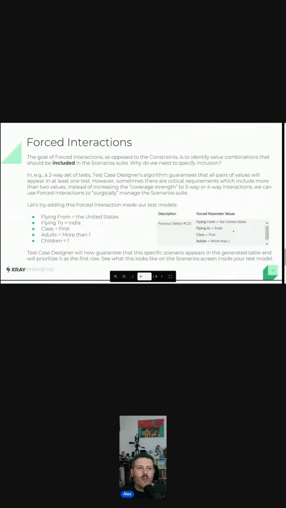Forced interactions. The goal of forced interactions, as opposed to the constraints, is to identify the value combinations that should be included in the scenario suite. Why do we need to specify inclusion? In a two-way set of tests, Test Case Designer's algorithm guarantees that all pairs of values will appear in at least one test. However, sometimes there are critical requirements which include more than two values. Instead of increasing the coverage strength to three-way or four-way interactions, we can use forced interactions to surgically manage the